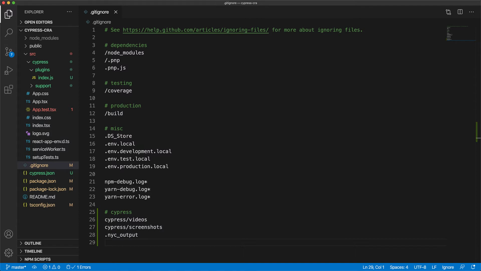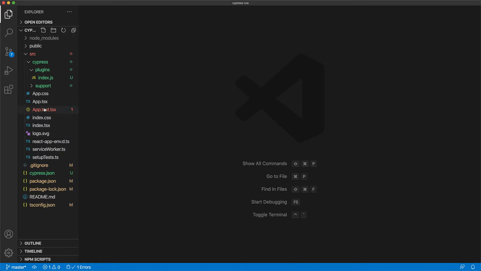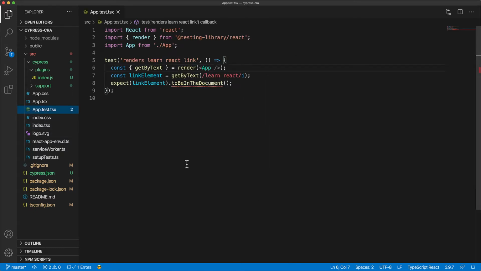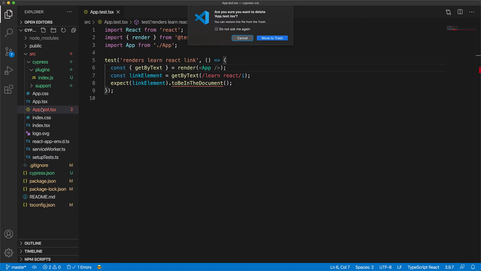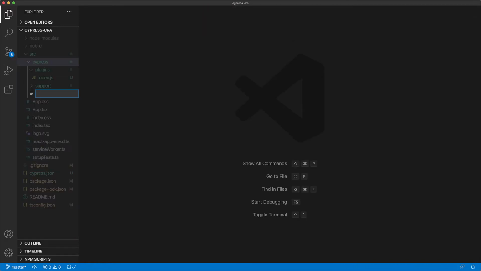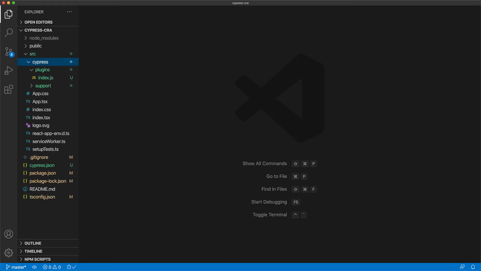Now, a lot of the JavaScript testing frameworks out there have global pollution, so you cannot have both of them within the same project. Jest, which comes baked in with Create React App, and Mocha, which comes baked in with Cypress, both have different definitions for the global expect function. The simplest solution is to only use one of them, and for this project, we will simply remove Jest and use Cypress instead. Now that we've removed App.test.tsx, which came baked in with Create React App, we will create our